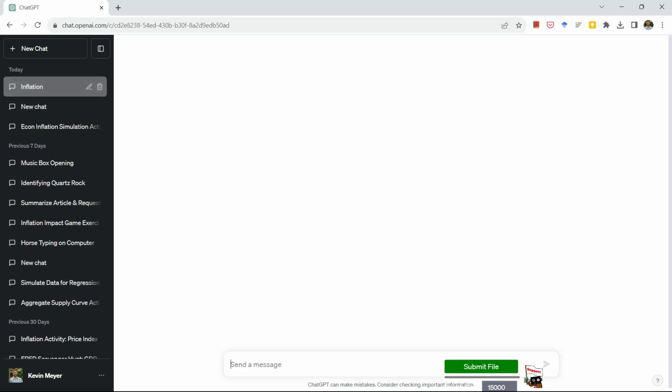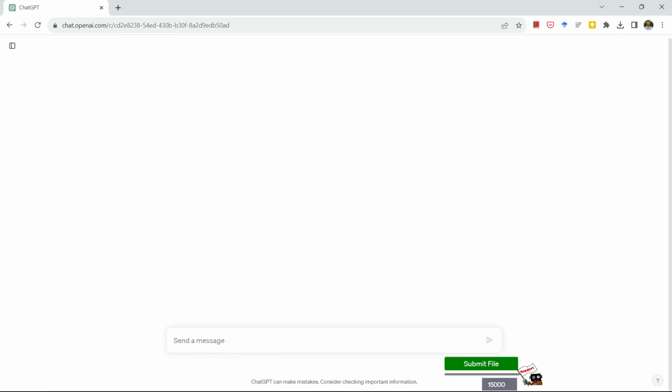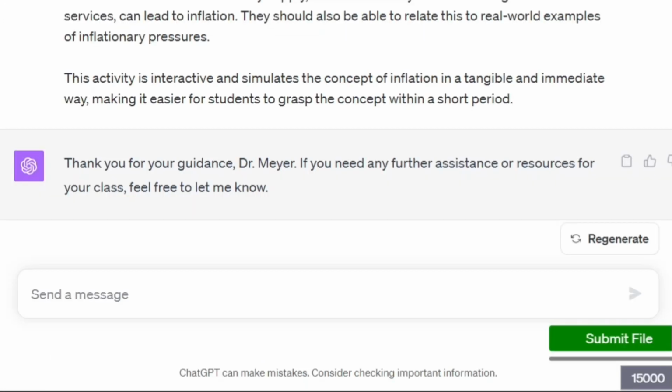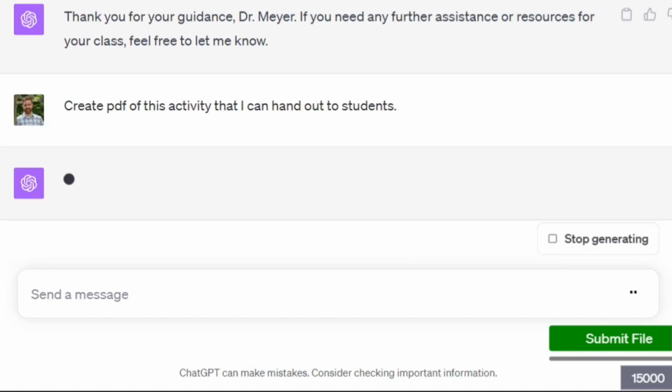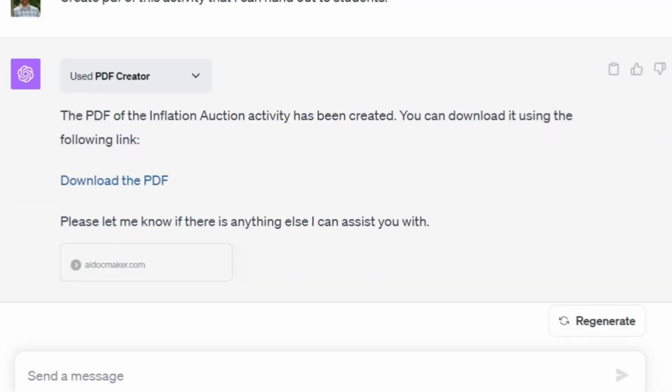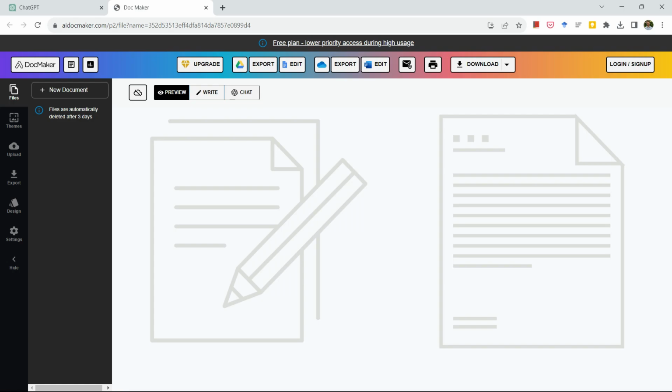And then I'm going to go back to my inflation game. And now back at my prompt for the inflation auction, I need to type in a command to use that plugin. And each one I think has different wording. For the PDF creator, you just say create PDF of something. So create PDF of this activity that I can hand out to students. Now once it's done creating it, you just click on the link